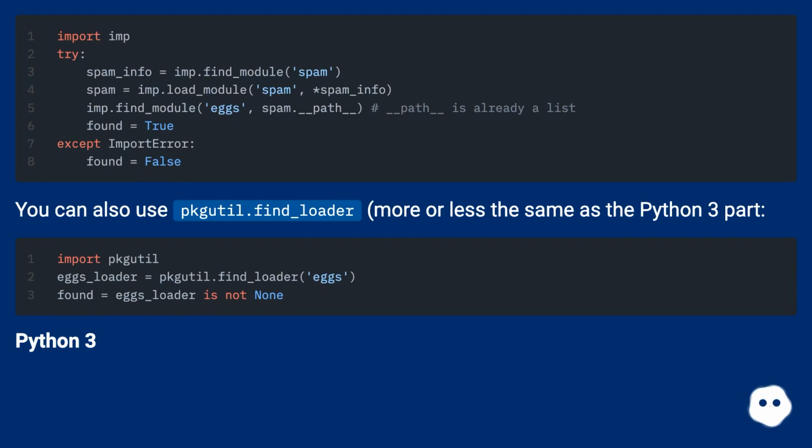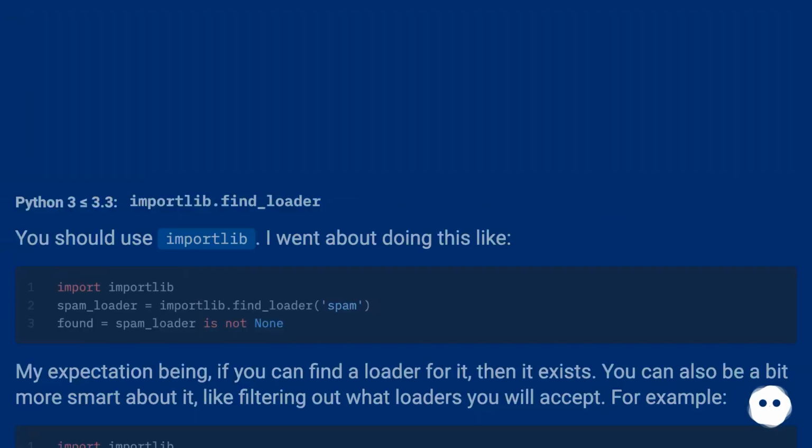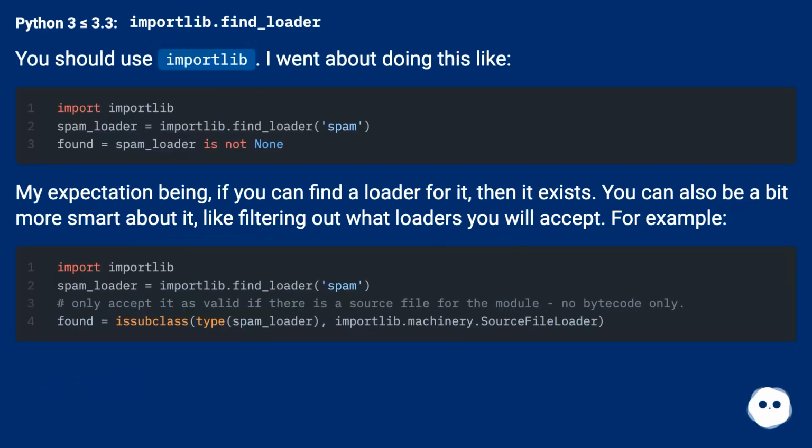Python 3. Python 3 less than or equal to 3.3: importlib.find_loader. You should use importlib. I went about doing this like so. My expectation being, if you can find a loader for it, then it exists. You can also be a bit more smart about it, like filtering out what loaders you will accept. For example,